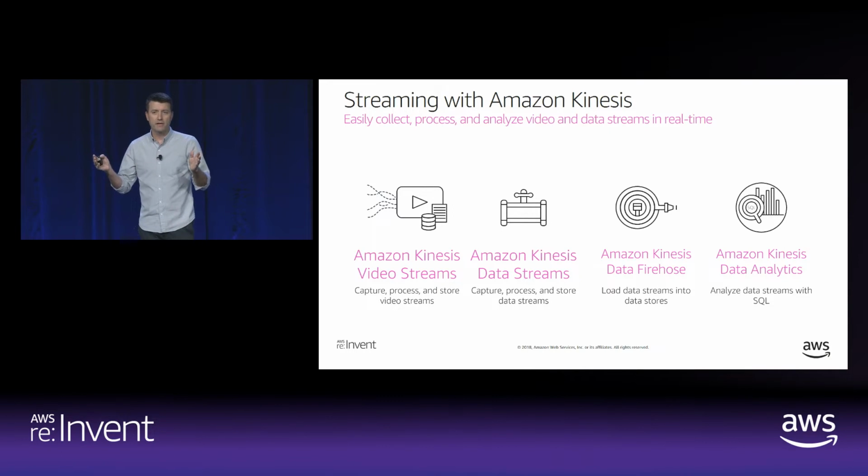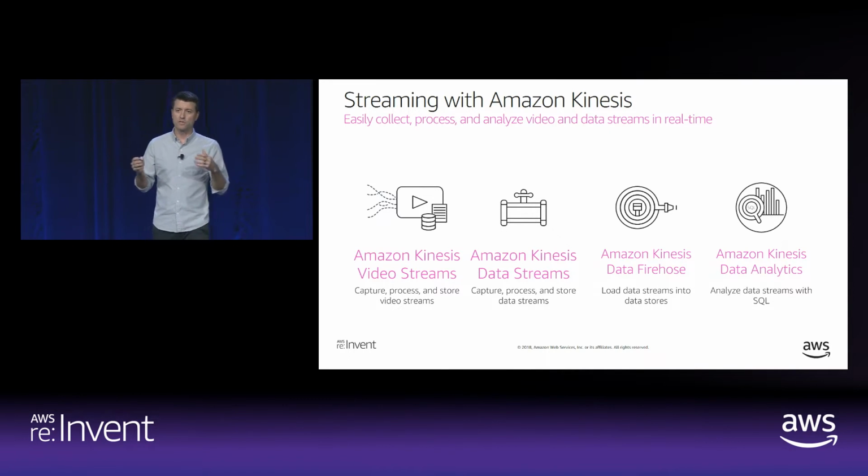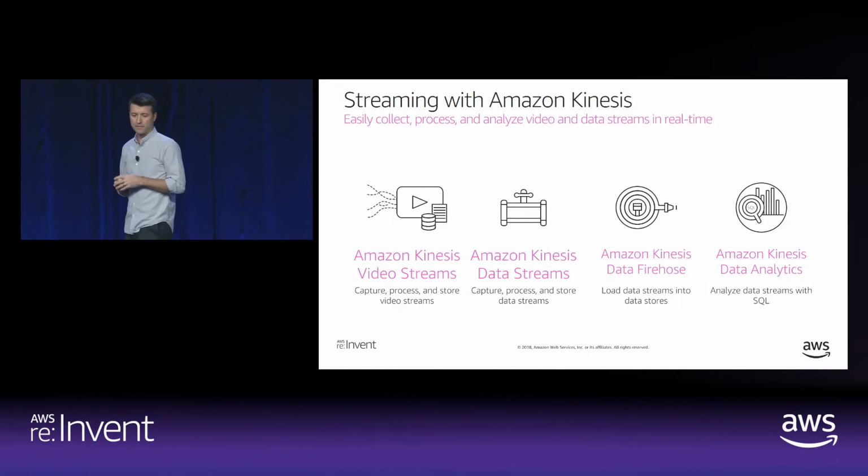The stream doesn't care if the data was used or not by your consumer. Once that window expires of 24 hours, which is the default, the data is gone from the buffer. So it's a little bit different than a queue. Like with a queue, if you're using something like SQS, you can pop a message off the queue, and it's no longer going to be consumed by any other queue consumers. With a stream, it's going to sit there until it expires.